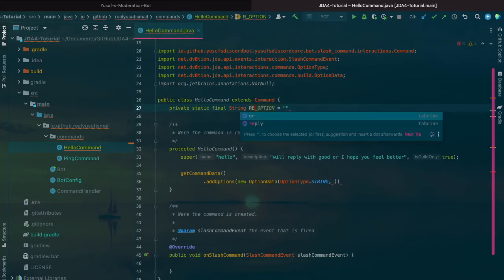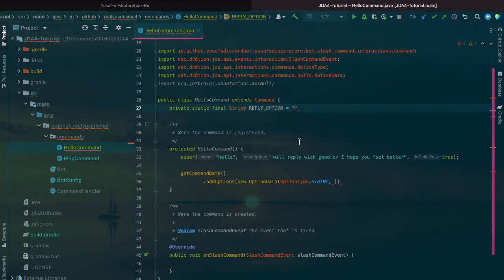I'm just going to say here, how are you, reply. I might change this later on. So just for now, just say reply option, and what